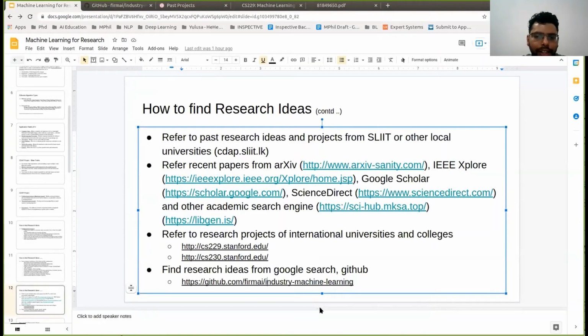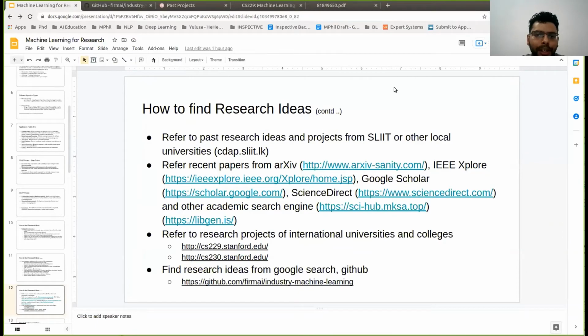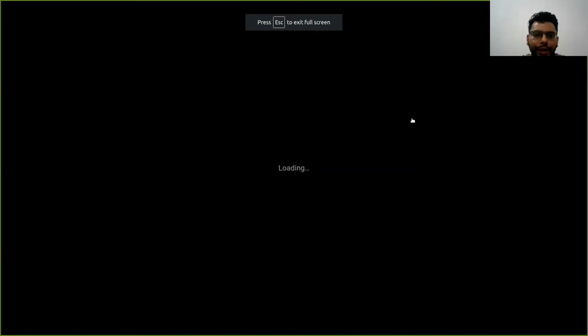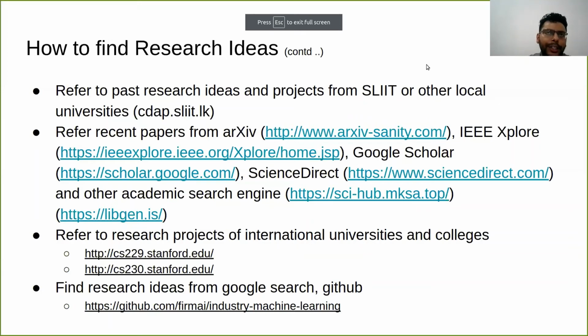And one thing that I would like to say is, whatever research idea you have at the end, it will not be a very new or novel idea. It is very difficult to find a novel idea, so that is also fine. Even past ideas with some improvements are acceptable. And if we can include further features to the past ideas, that is how all research continues in the academic domain as well.